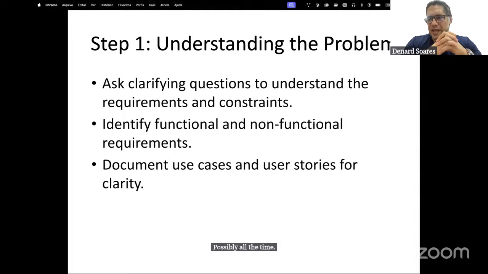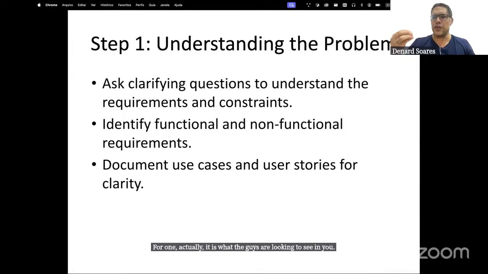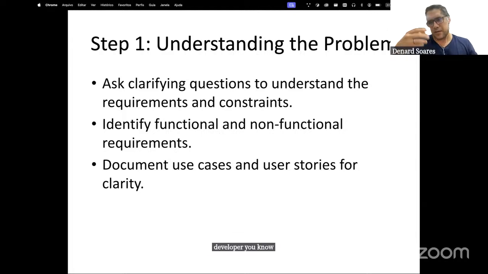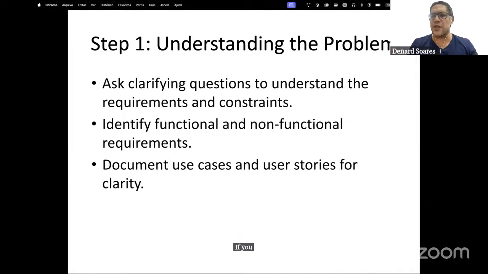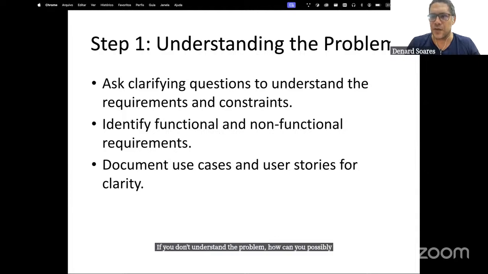And actually, it is what they are looking to see in you: someone that is interested and a detail-oriented professional. They want to know if you can be, like I said, judicious about analyzing and understanding the problem. Because if you don't understand the problem, how can you possibly find some great solutions for it?